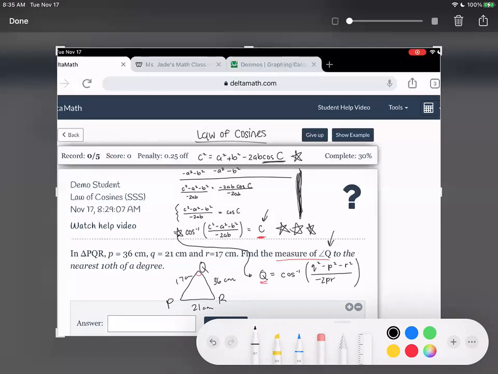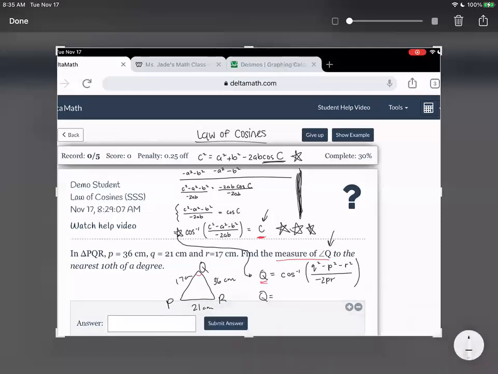If you do, interrupt me, please. And other than that, let's plug everything in so we know what we're typing on the calculator. So our angle Q is going to be equal to the cosine inverse of little q squared, so that's this one, 21 squared minus p squared, that's this one, 36 squared, I want to put them in parentheses, minus r squared,